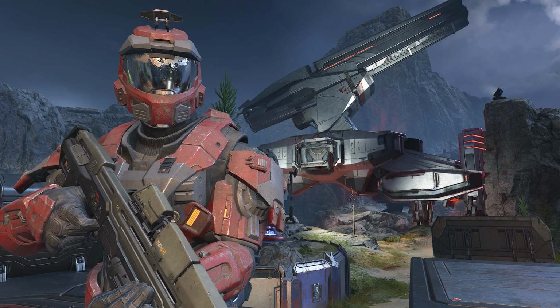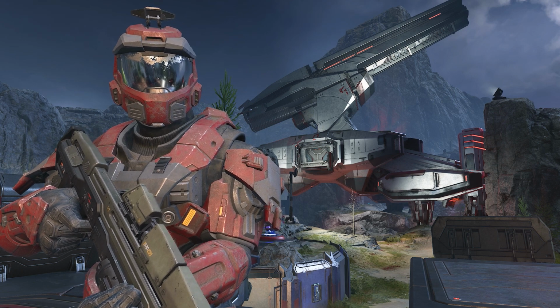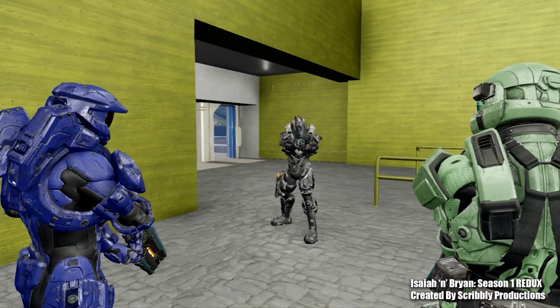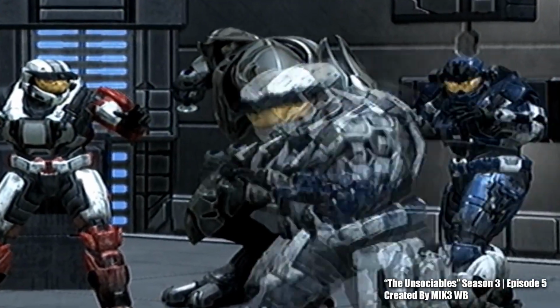Personally, once I've got my premise, I like to think of my characters next. I would start with a small cast to hone your skills a bit. A dynamic duo is always fun. We have series like Arby and the Chief by John CJG or Isaiah and Brian by yours truly. We have shows with 3 main characters also like CNP by Alexo, The Unsociables by Mike WB, or Halo Butt